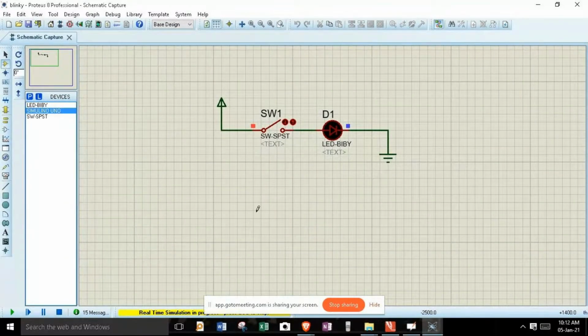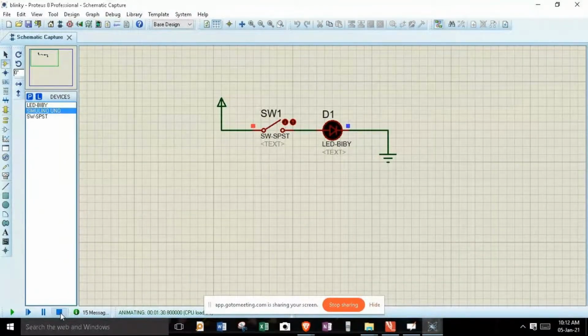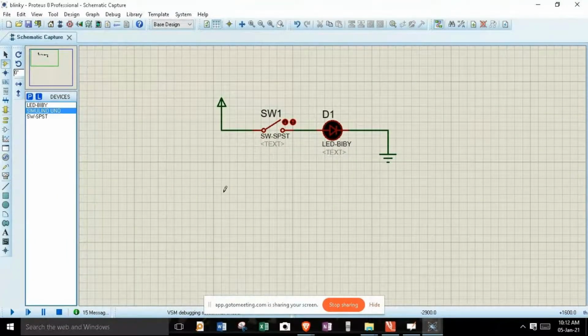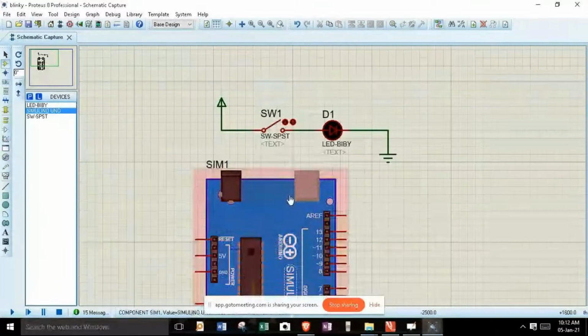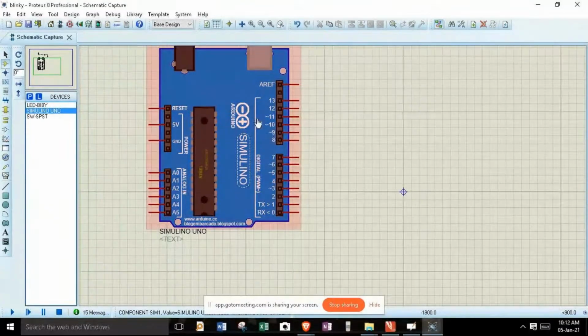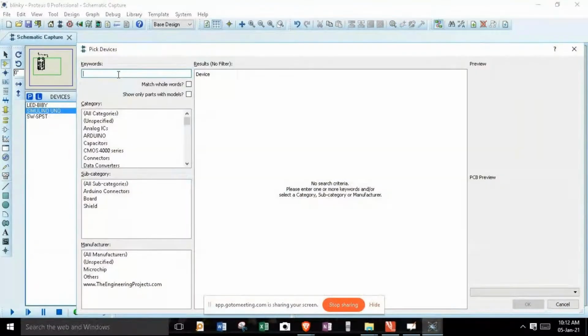So right now you can see that it's not allowing us to place the component because this circuit is still running. So let me stop this simulation first. And in order to stop this simulation, all I got to do is hit on this stop simulation. Now I can place my Arduino Uno. So after placing Arduino Uno, what all components do I require in order to have this blinky experiment? Now again I got to have an LED. Let me search for LED.